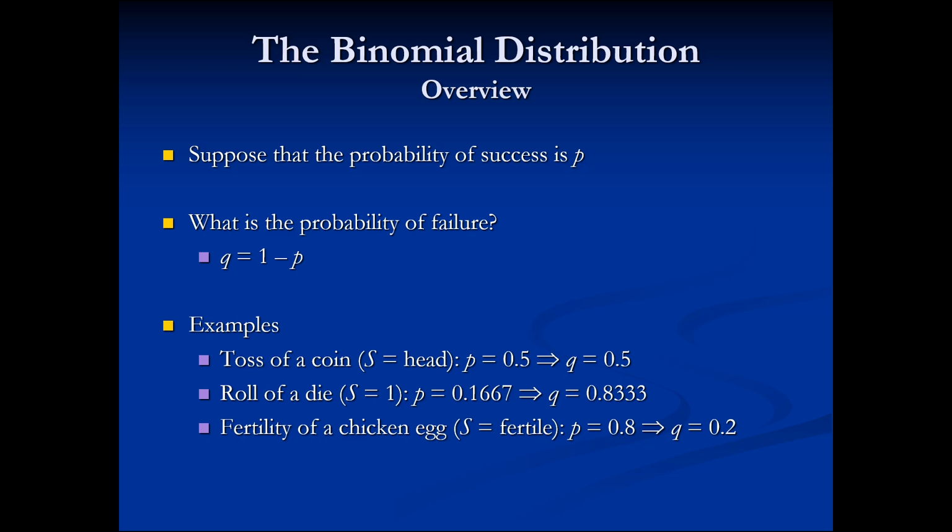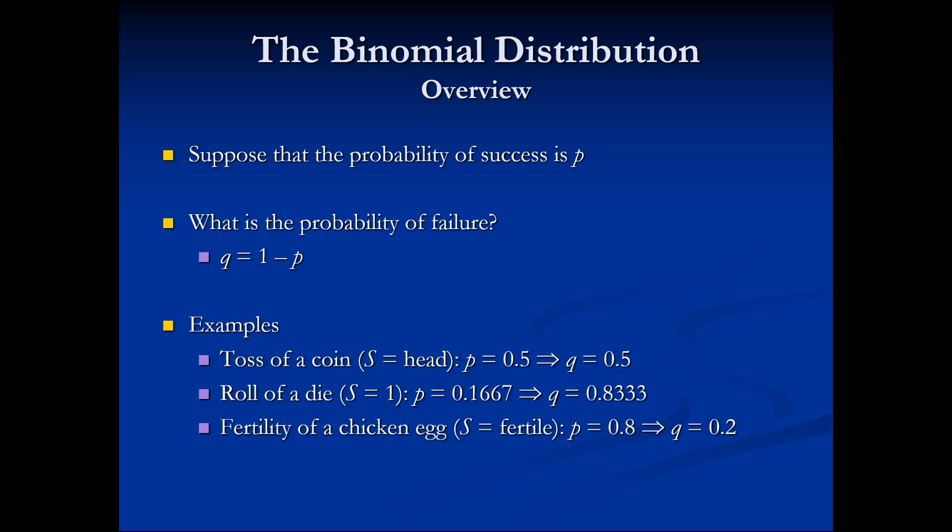Another example is when you roll your dice. As I said already, when you roll a dice, there are 6 outcomes. If you consider 1 as the outcome, then out of 6 outcomes, we have only one, since 1 is displayed only one time. Therefore, 1 by 6 is the success probability, that is P equal to 0.16667. Next, failure is nothing but 1 minus success. So Q equal to 1 minus P, that is 1 minus 0.1667,